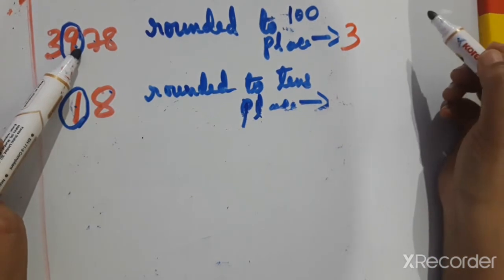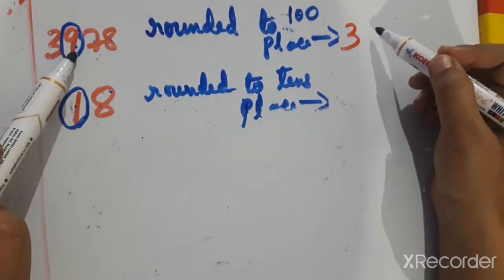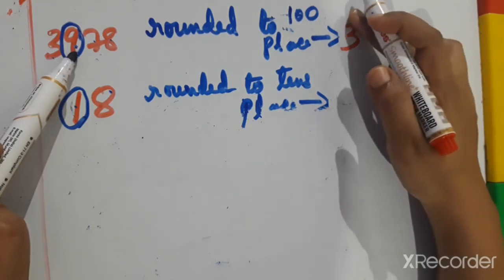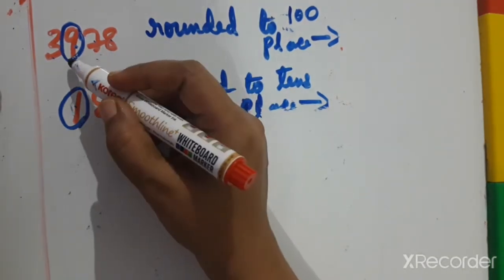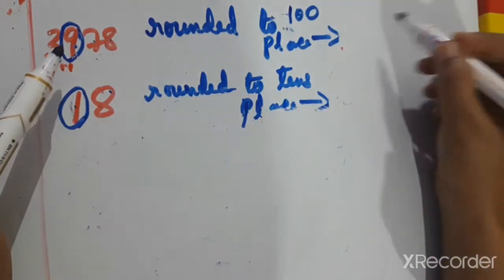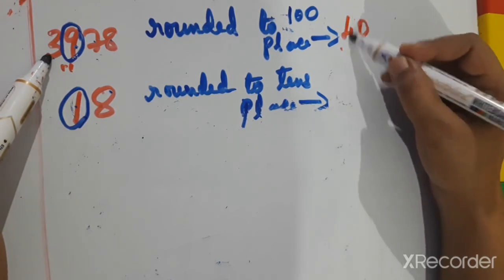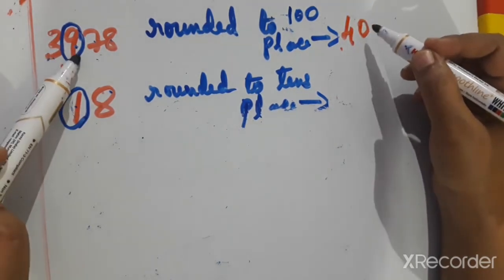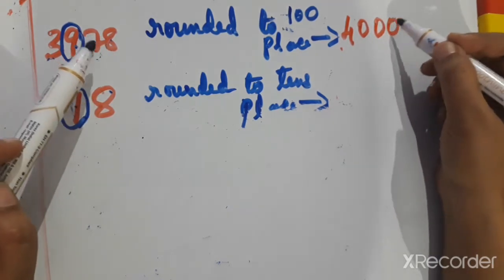9 is being rounded off. We have to check the next number. If the next number is 5 or greater than 5, then 1 is added here. 1 is added here means 9 becomes 10. 9 plus 1 is 10. 10 means 0 here and 1 carries over, so 4. 39 plus 1 is 40. Okay, once the door is knocked, these people become poor. 0, 0.